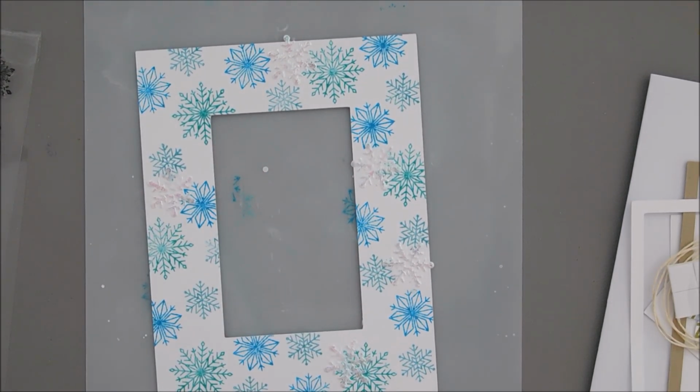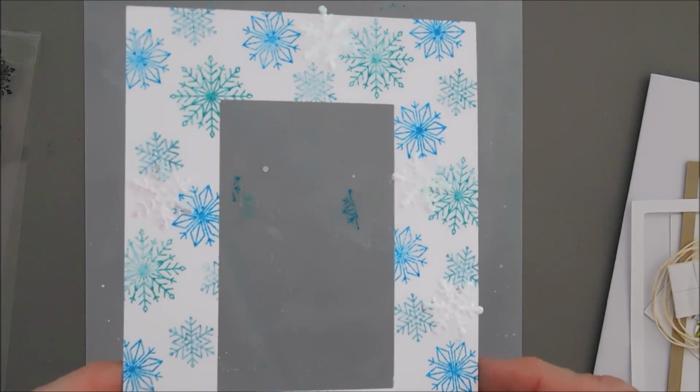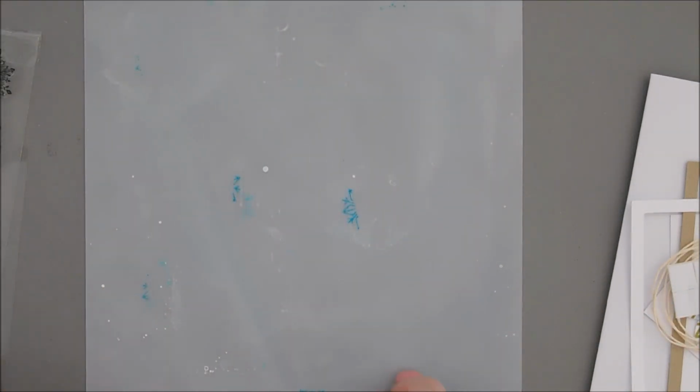And that will add a little sparkle to our background. We're not going to trim these off right away. We're going to let this set aside. We're going to set this aside and let it dry. Now, in the meantime, we need to wipe off our